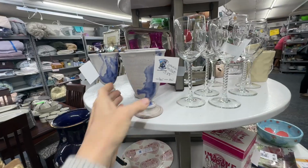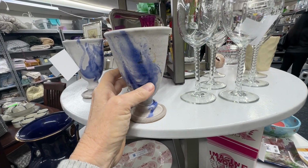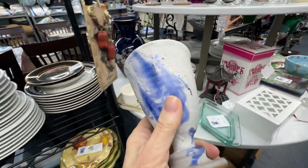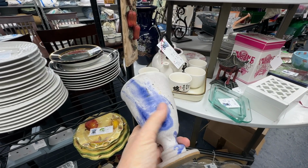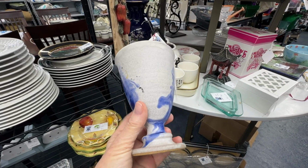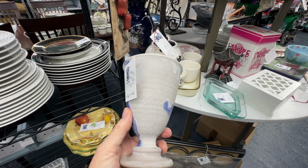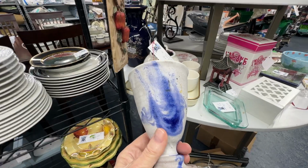This is right up my alley here. These are handmade goblets. Aren't those beautiful? There's a set of 3. So here it is right here. No artist signature on the bottom. I would probably consider picking them up if they were a different colorway. I'm just not sure that this is going to work for a lot of people's decor, but I think they're